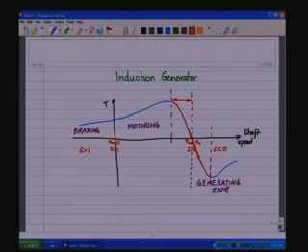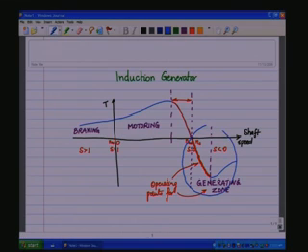So this is the operating point that we would like to choose for the generator. Operating points for generating zone. So now we will focus our attention on this portion of the torque speed curve,